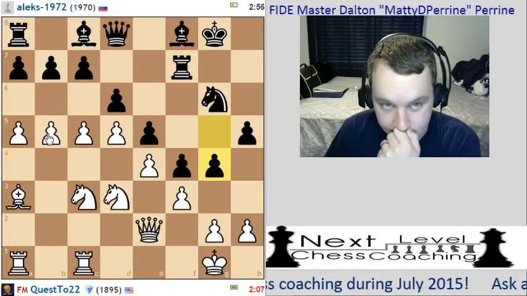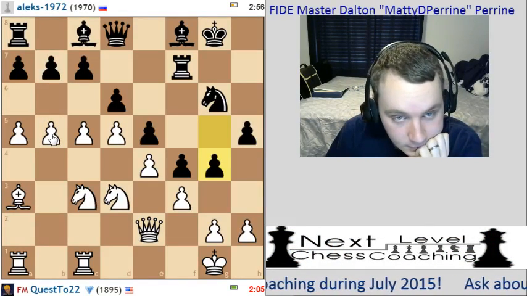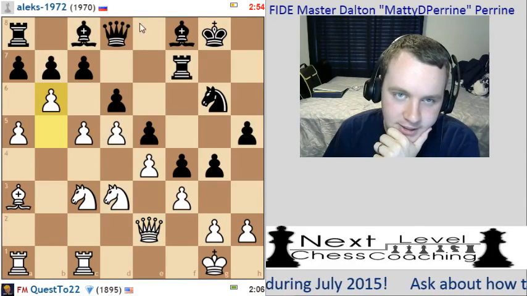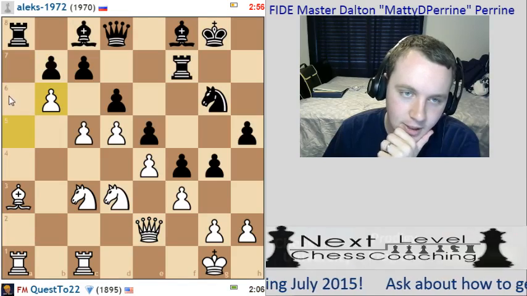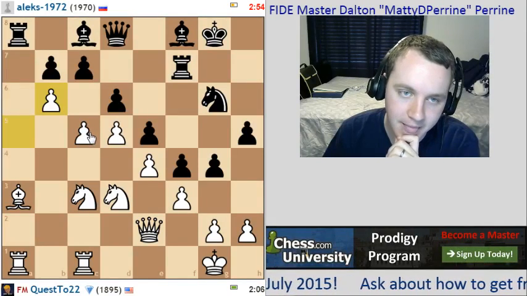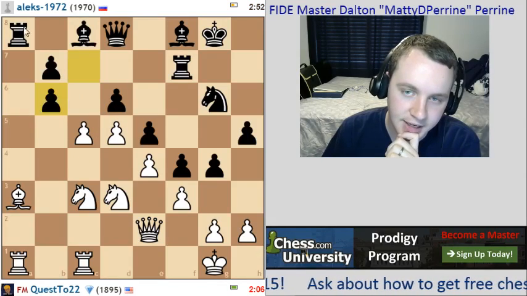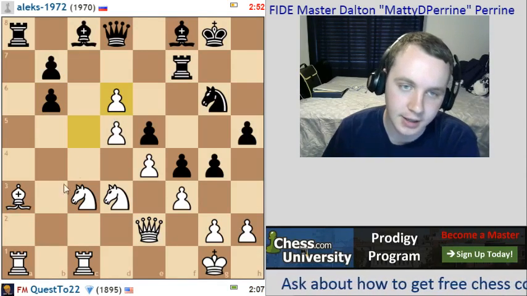I think b6 is okay here. Alex is playing very quickly, so it does make commentary a little bit trickier. If he takes the b6 pawn, we're going to take on d6. He'll be up a pawn, but